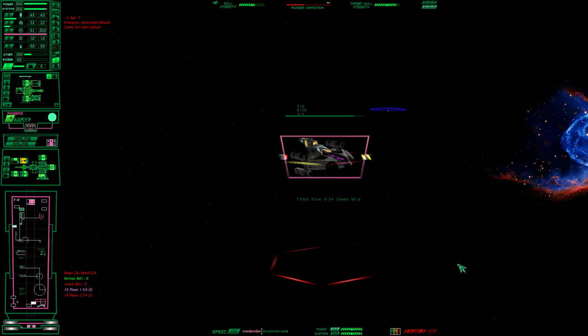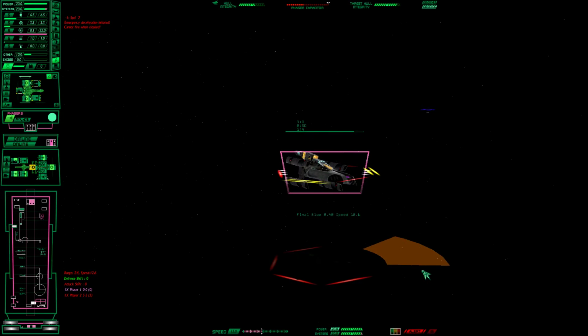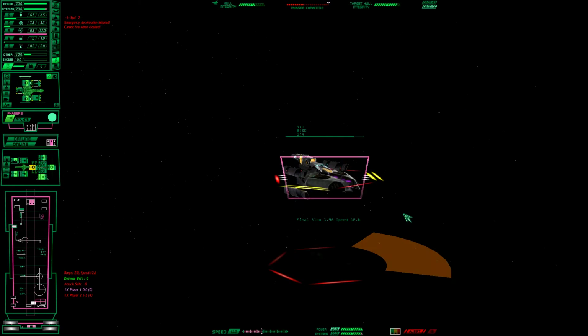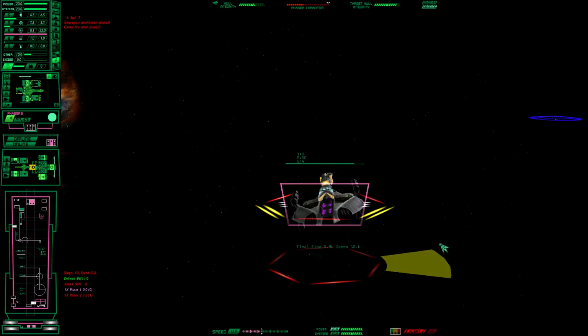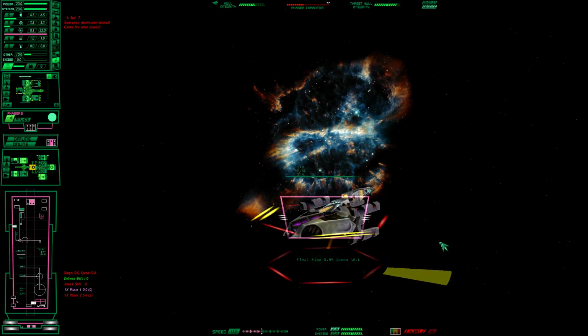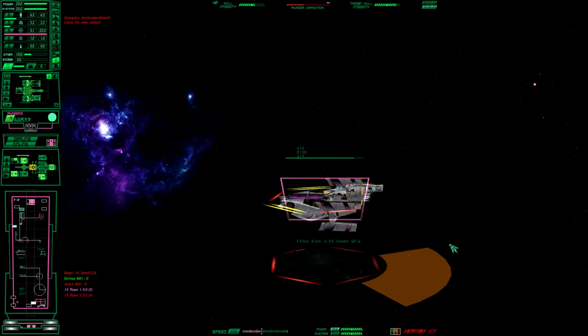Just gonna see if I can come around him. I could drop a mine. The problem is, at this range, the mine's probably gonna hit me, so I don't want to risk all of that. Okay, so you fired your phaser, so I'm gonna cross over in front of you. There we go. Getting our shields back, recovering some of that. Now, he is close enough to hurt me from this range. Not with a phaser 3, he ain't, but...